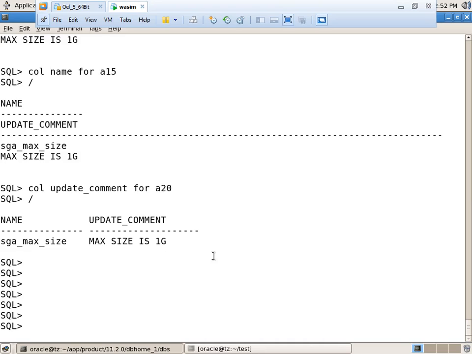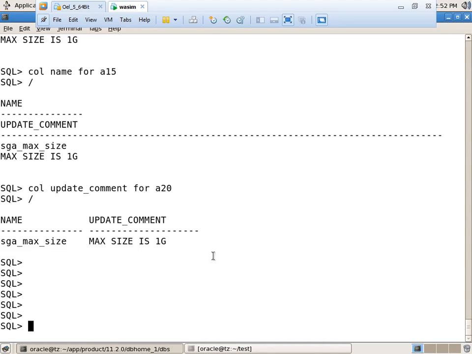How can we create a pfile from an spfile? Already we know: create pfile from spfile. But suppose how can we create an spfile from a pfile? Create spfile from pfile. Okay? See, you can note one point.